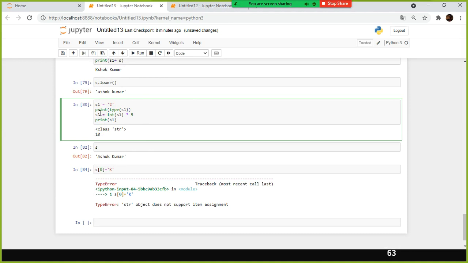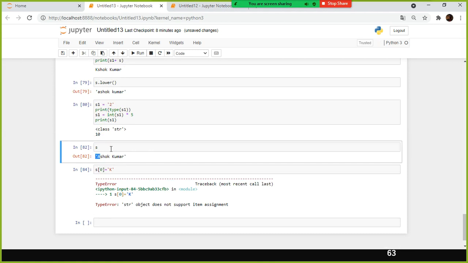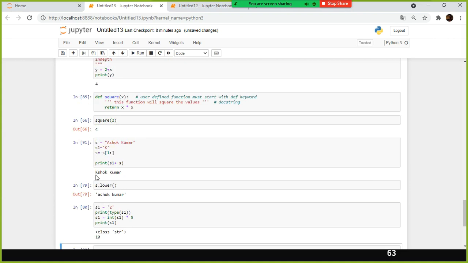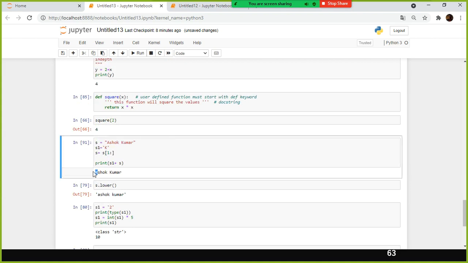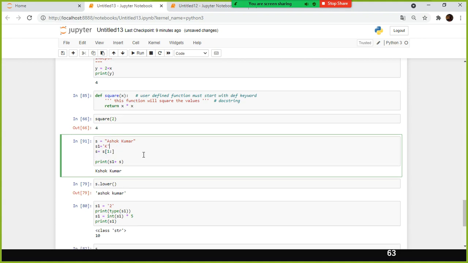This is one way of updating the value. Instead of A, I want to have K, Ashok Kumar, right? So I overwrite the value. You need to subset the value, and at least one more variable is required to assign the intended value, and then concatenate the intended value with this value. That is how we can do it.